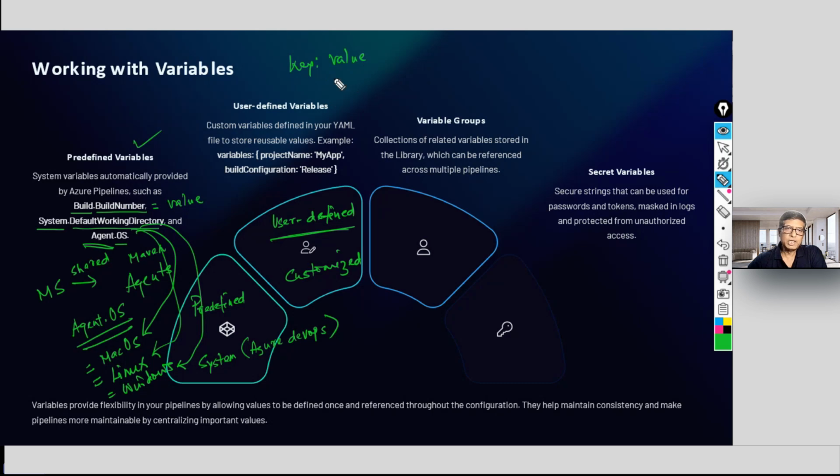For multiple variables, you say variables and give curly braces. Within the curly braces, you define one variable, var1 colon some value, comma, var2. Let's say I am giving it a name. Don't give equal. You are defining. You can define 20 variables like that, but within the curly braces.